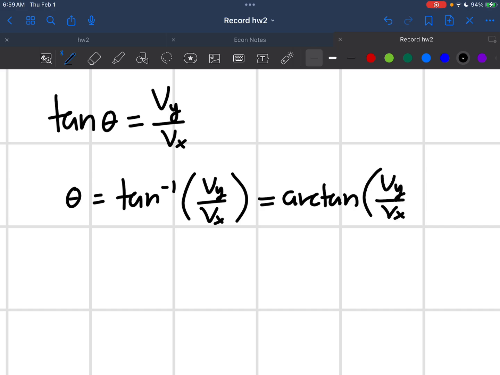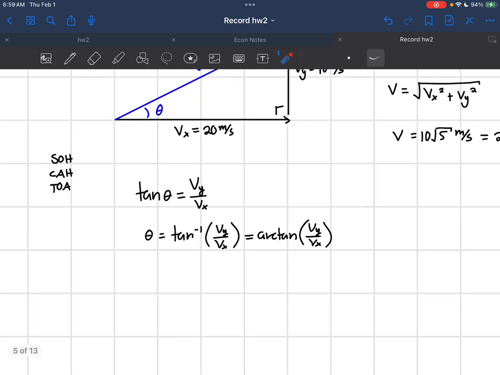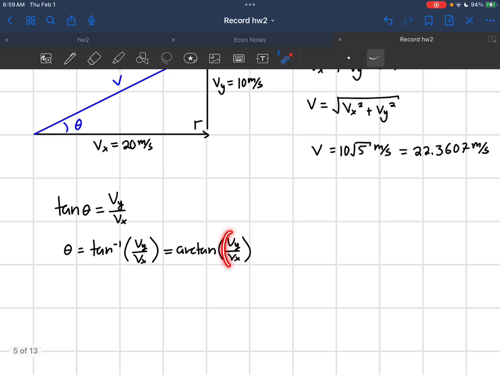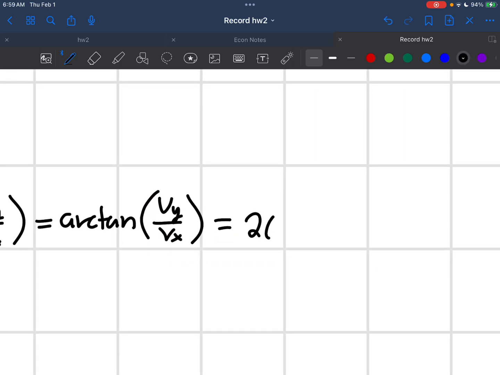Vy over Vx, right? These mean the same thing. It's important to know that this is not raised to the -1 power. This isn't 1 over tangent. This is inverse tangent or arctangent. It undoes the tangent operation. Right? Now if I plug in my Vy and Vx down here, I can get a theta, which will be about